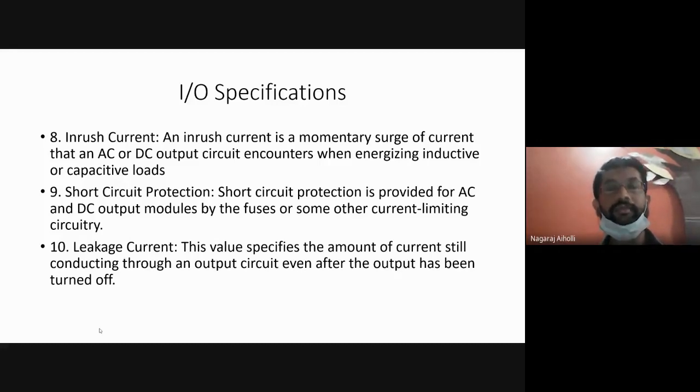There may be a path between, say, the body, the chassis and the power supply. Some path may be formed like this. This is called the leakage current, which is formed because of the unwanted paths that are set up apart from the normal circuit. Apart from the normal circuit, there may be some unwanted path formed for the conduction of current, and because of that unwanted path, small currents flow, which are called leakage currents.